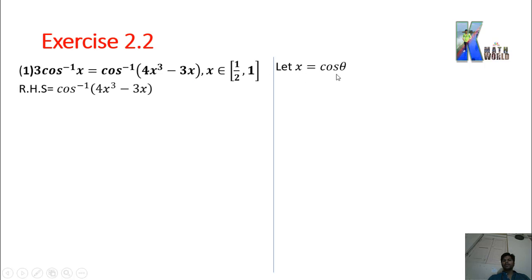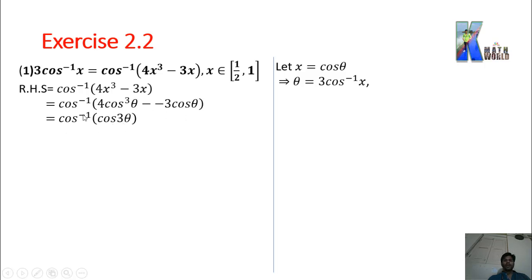Okay, and we assume x equals cos theta, so we can set theta equals cos inverse x. The 3 is a printing mistake, so we can cut it out. Okay, so now replacing that value of x here, you get 4 cos cube theta minus 3 cos theta. Here the minus sign is a printing mistake, so you can cut out the minus sign. So cos inverse of, here you got the formula of cos 3 theta. Okay, so now f inverse of f(x), it is nothing but x, so this is theta. And what is your theta? You can see here theta is cos inverse x. You have to cut out this, you get 3 cos inverse x.